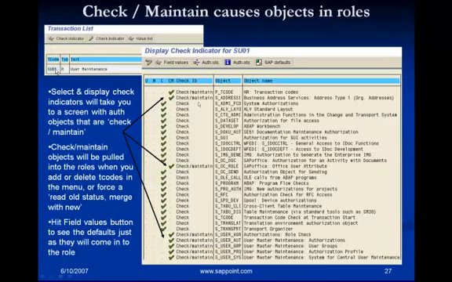When you insert SU01 into the role, the objects that are check maintained will be pulled into the role when you add or delete T-codes in the menu, or force a read old status and merge with new option, and when you try to maintain the authorizations. Now when you hit the field values button, you will see the defaults just as they will come into the role.